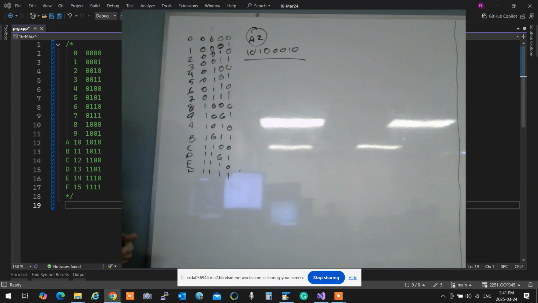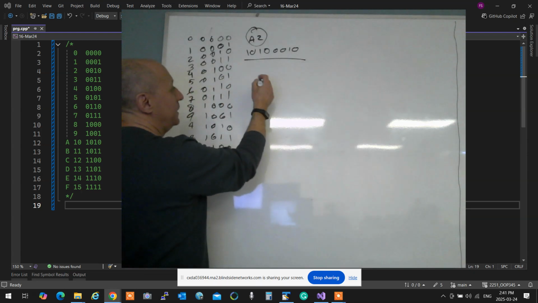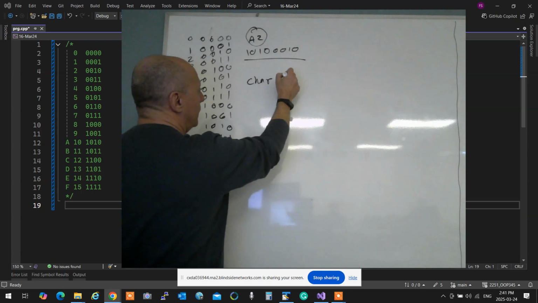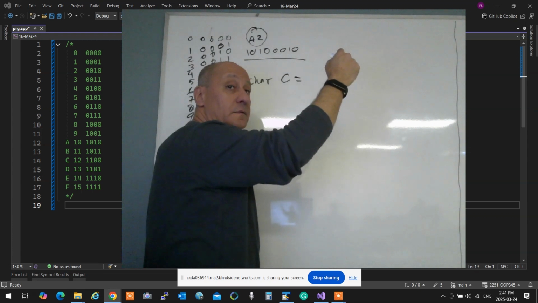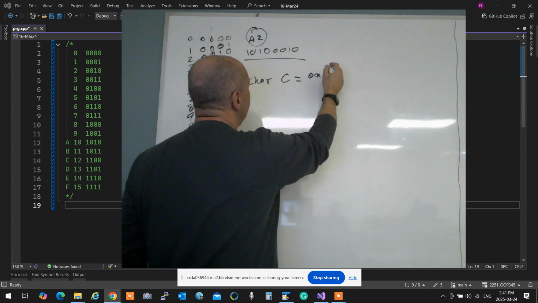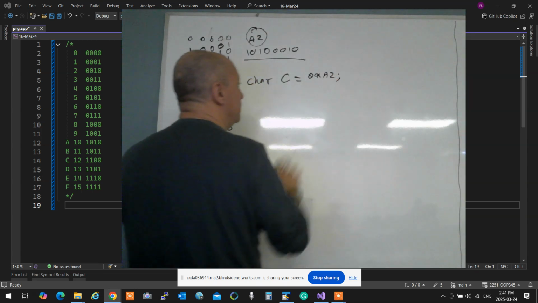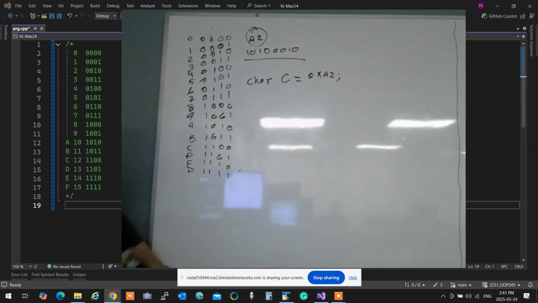So here we go. Let's see what are all those good things that you see. So the very first, A2. So let's say I have a character C equals to, how do you write hexadecimal? 0x, and then we write over here A2, right? Sorry, my X is awful. There we go. So I do that.